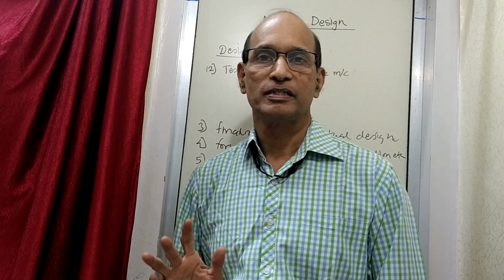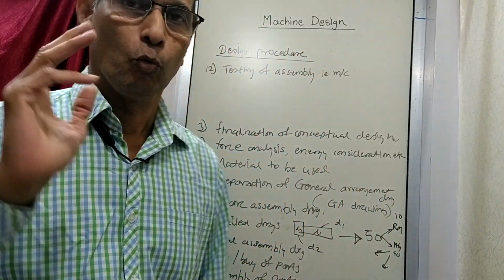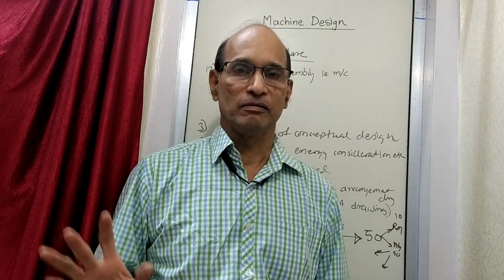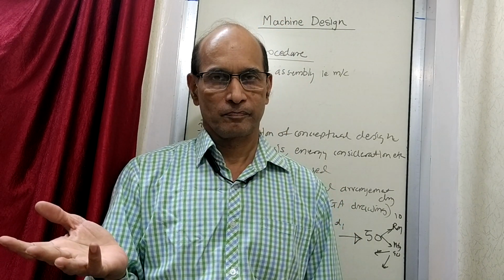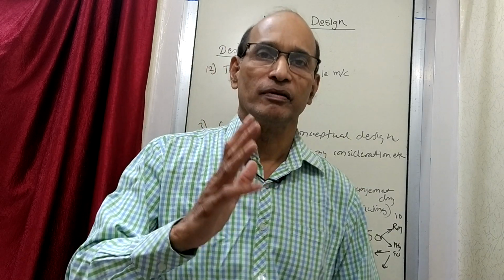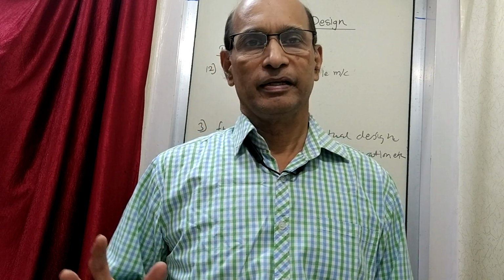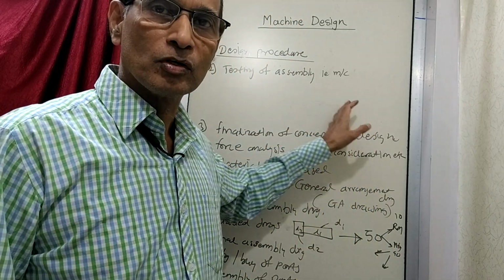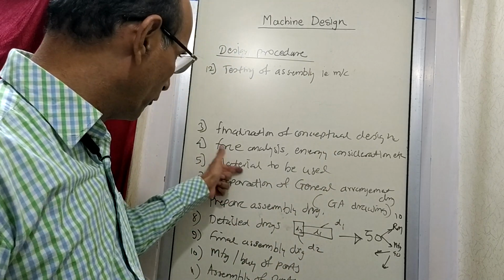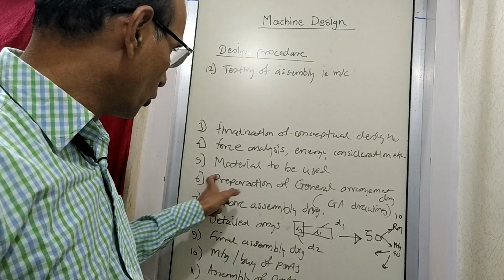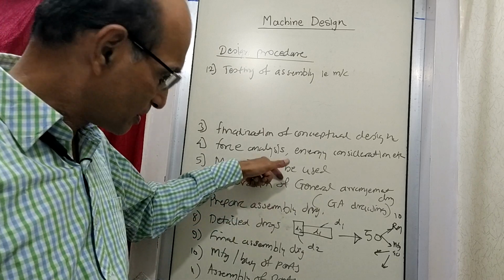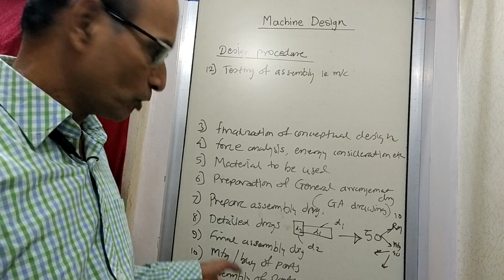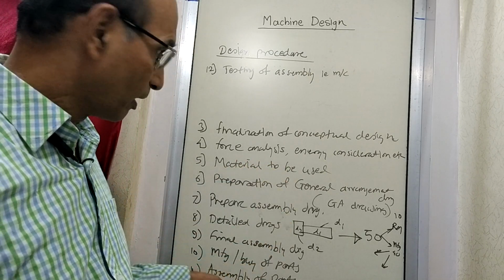And now after you do the testing, what will happen? There are two possibilities. One is that it is successful, 100% successful, in the first attempt itself, or it is not successful. Now 100% successful is actually a very, very rare thing. So most probably it is never successful in the first attempt. So there are some problems. So you have to go back, depending on at what stage the problem is, go back to that stage, make the necessary changes, and again come forward to this stage. So repeat everything with a modification and again come to testing.